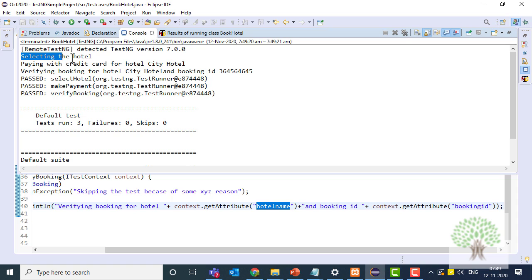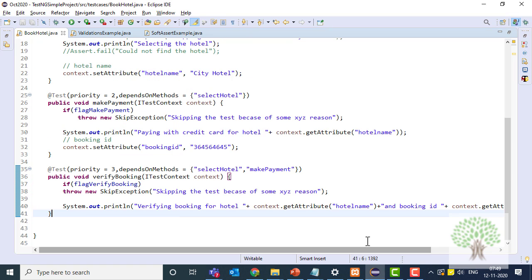So you first select the hotel and you generate a hotel name and you pay with the credit card for the hotel. You get this particular name from this test, and you get both the names in the end from both the other tests. Okay, right. Now